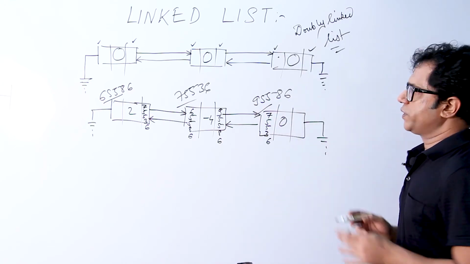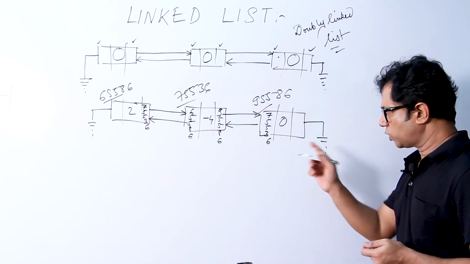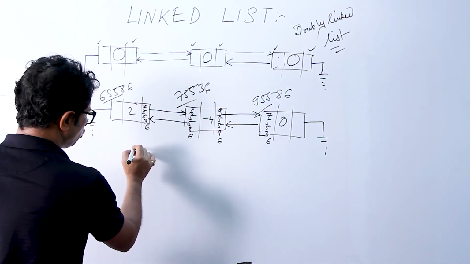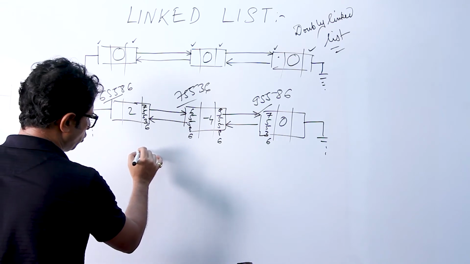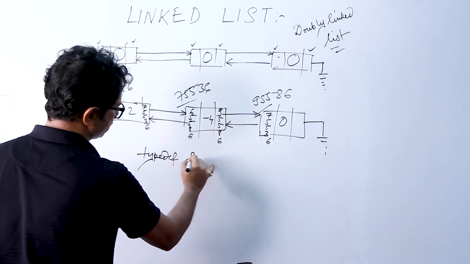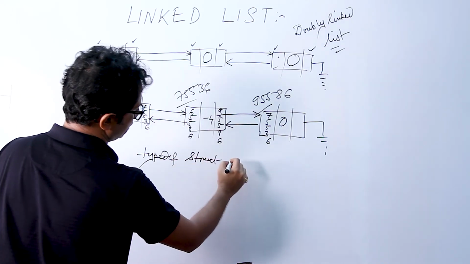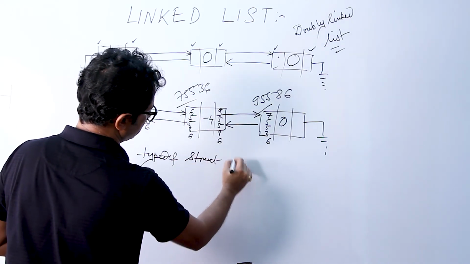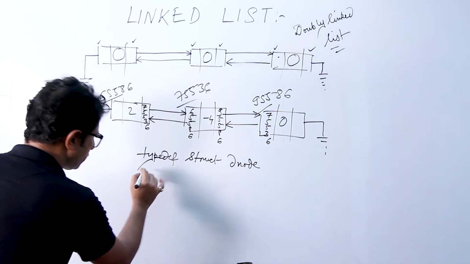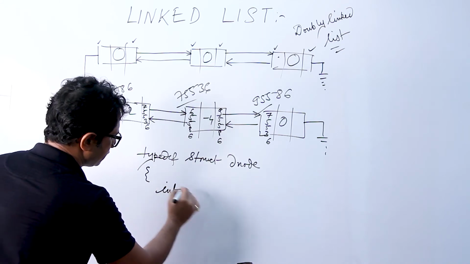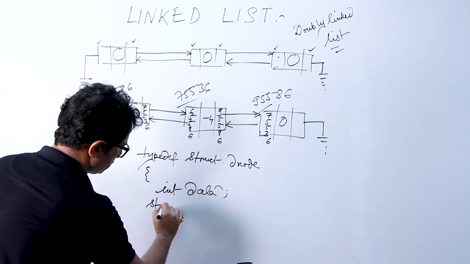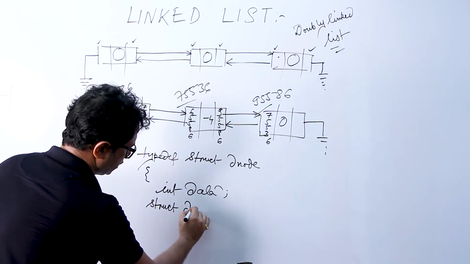So, in this way, we can represent the doubly linked list. What will be the structure declaration? The structure declaration is very similar to the one we have shown before, and it will be like this: typedef struct. Suppose I name this dnode, to denote that it is a doubly linked list node. int data; struct dnode